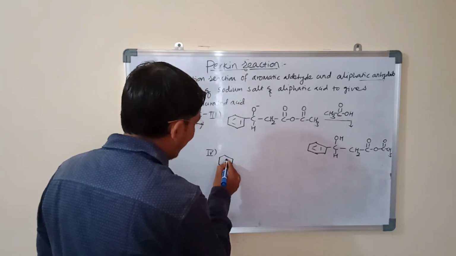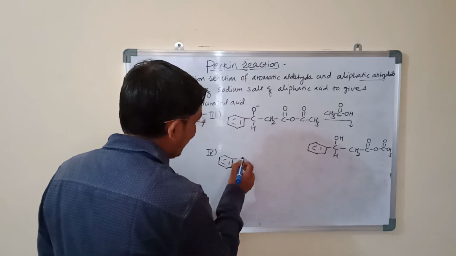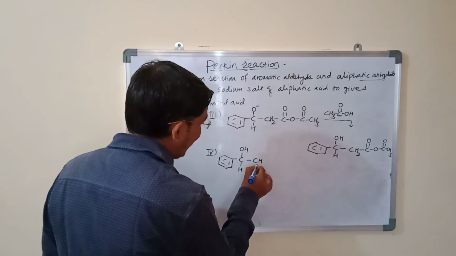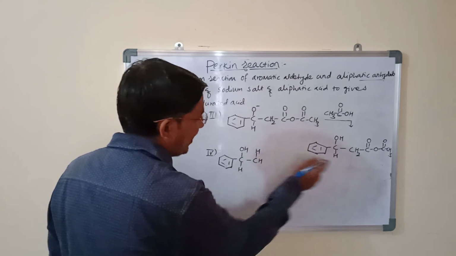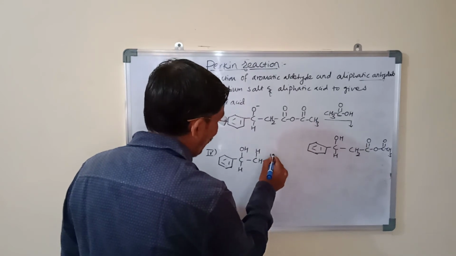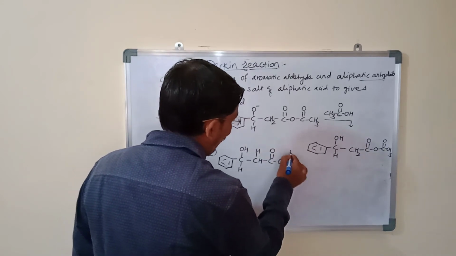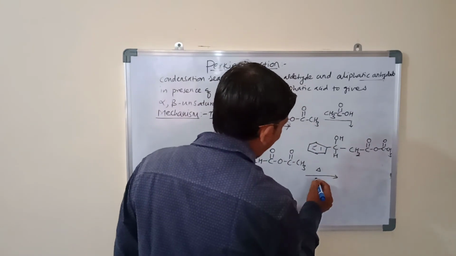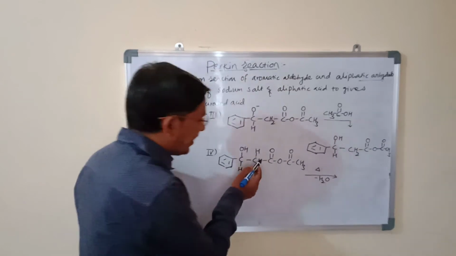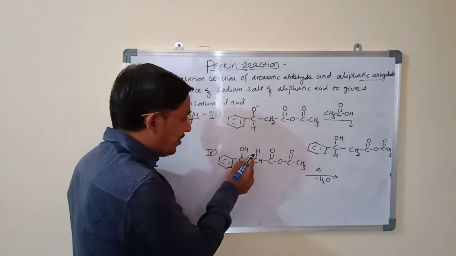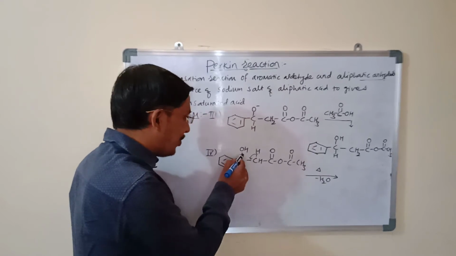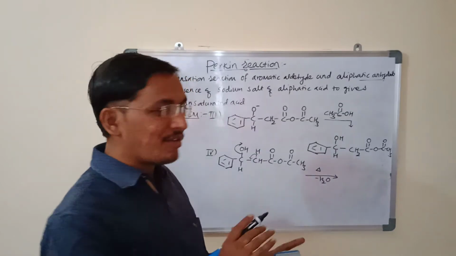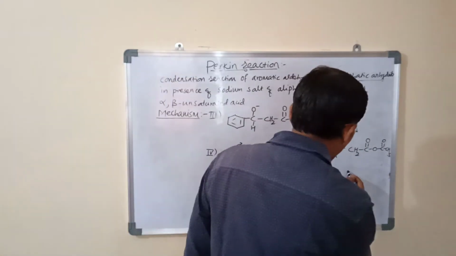We have to take this species, COH, H. Here that CH2 can be written like this, CH and H, CH2, C double bond O, C double bond O, CH3. Now it undergoes dehydration on simply heating, minus H2O. How does dehydration happen? A CH electron will be shifted here from the double bond and that OH withdraws the electron, becoming OH minus and H plus, with loss of a water molecule and formation of a carbon-carbon double bond.